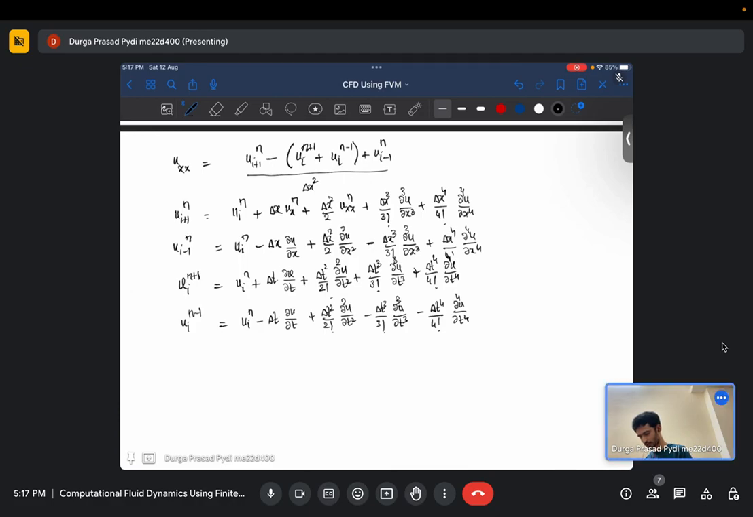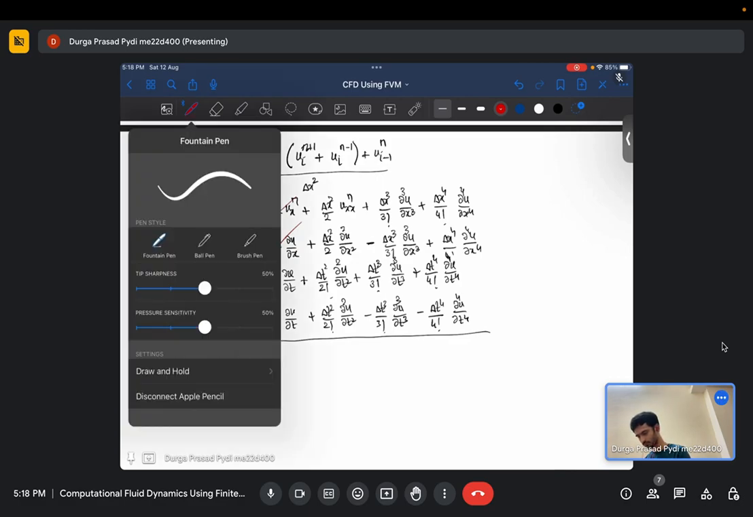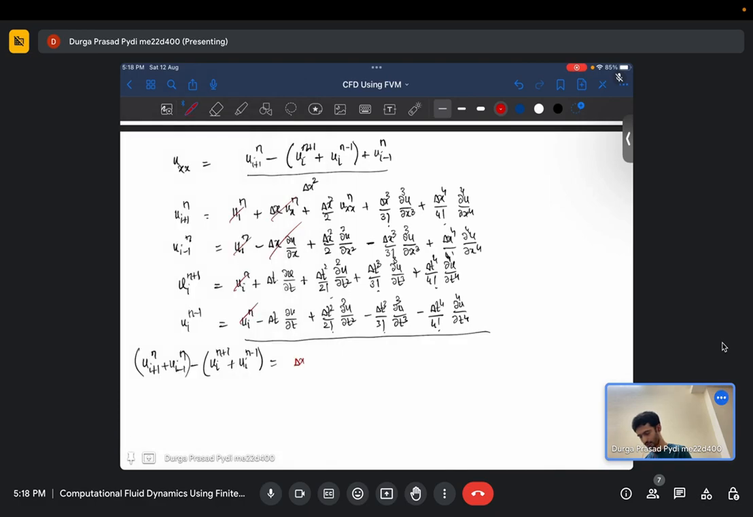So now, as per the above equation, we were essentially adding u i plus 1 at n plus u i minus 1 at n, minus u i at n plus 1 plus u i at n minus 1. If we were to do this, there are 2 plus and 2 minus, so this term goes off, and you are adding the 1 and 2 equations, so even this term goes off. So you will be left with delta x square times